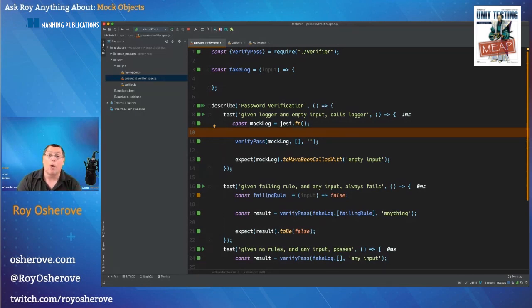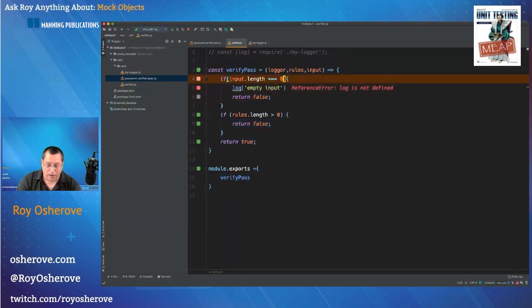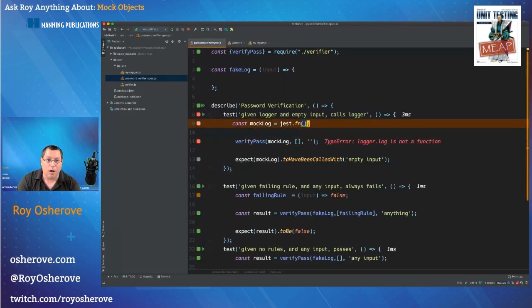Okay, so that was a very basic idea. Now that was more function-based. What if I was expecting an object, which is a very common thing to do? The design would look like this. This is not a log, this is a logger, and I would say logger.log. What could I send in as a mock logger?